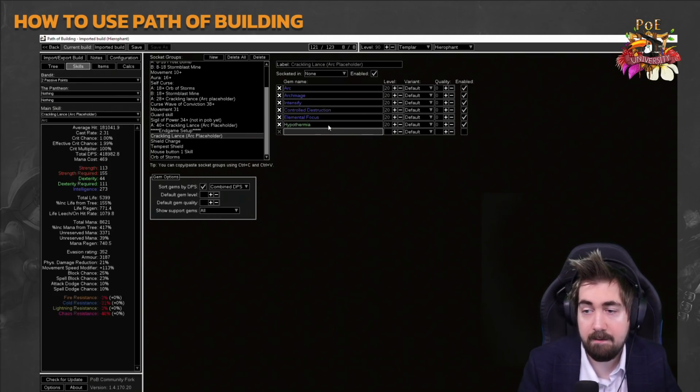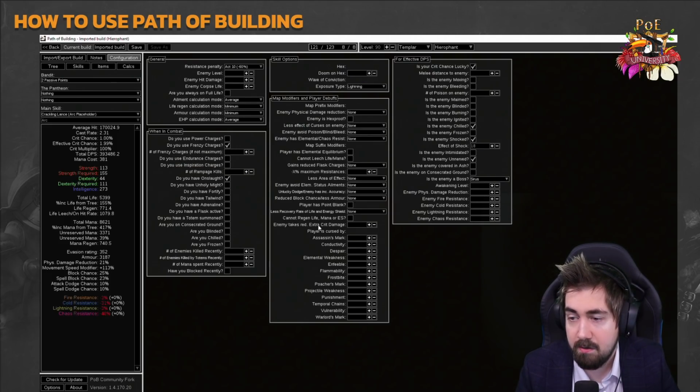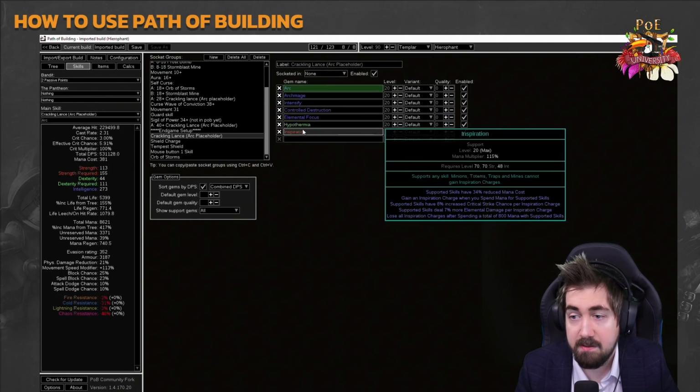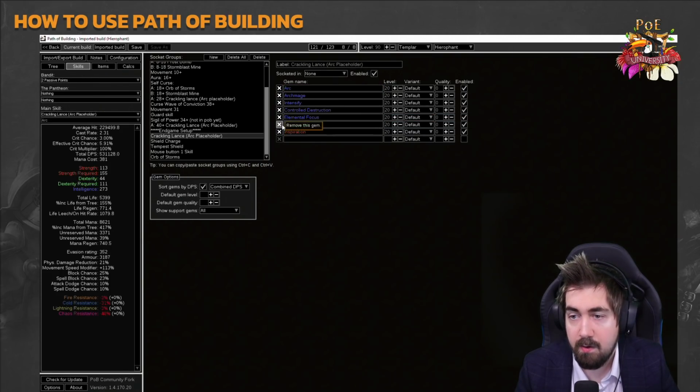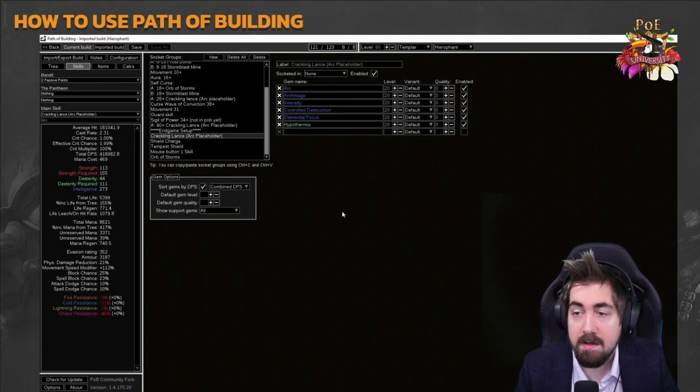If you add something like, for example, Inspiration or Arcane Surge, you have to make sure that you toggle that. Now I have to find that. They always move this. Do we have Inspiration charges? So you can see that Inspiration didn't do anything until that. So make sure you know that has to be on. Because now you can see that Inspiration shows. Still not that good, but sometimes